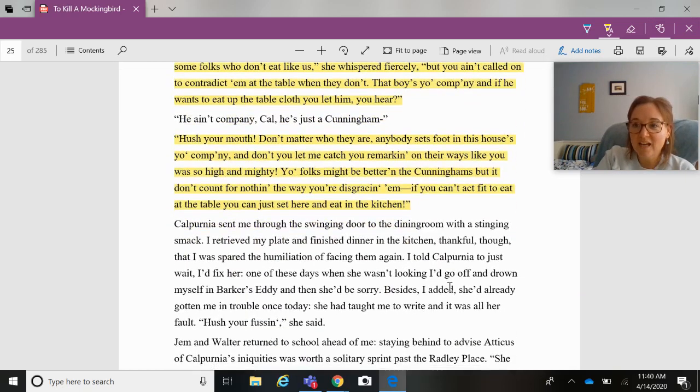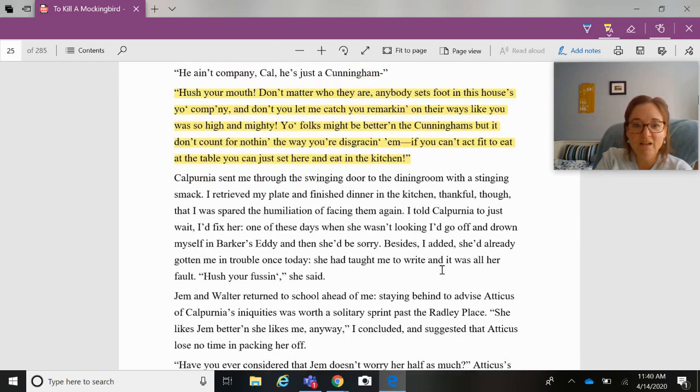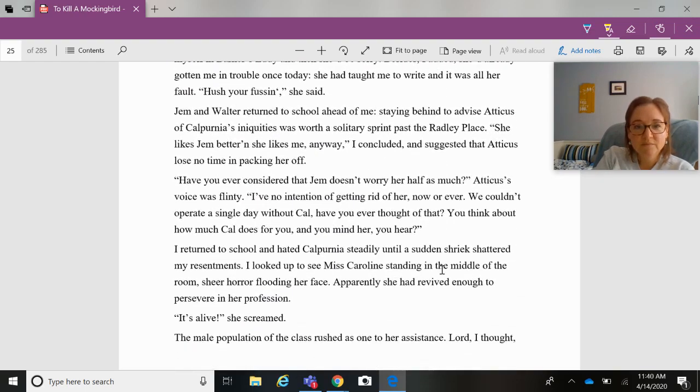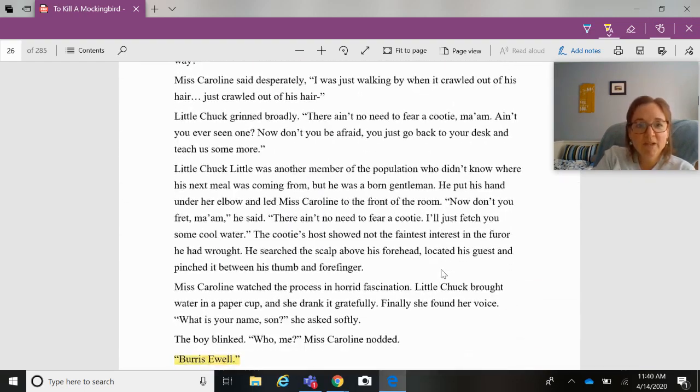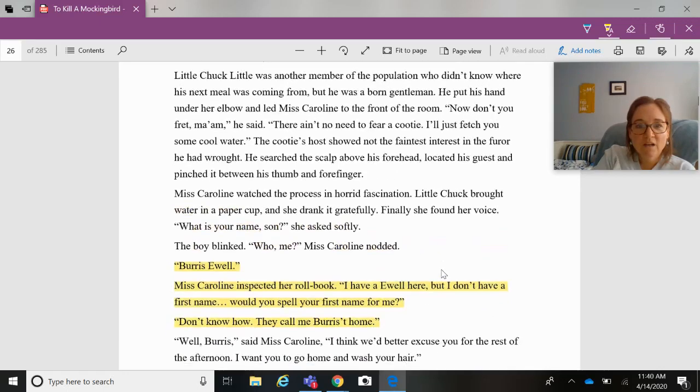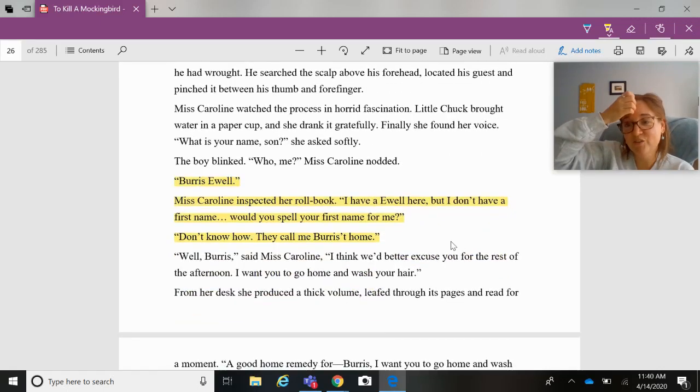So Calpurnia set Scout straight in regard to how she should behave when she's having company at her house. If somebody doesn't act the way that you expect them to, you just let them, like that is the polite thing to do in that situation, and to not call them out on it. And then I want to point out down here, she goes back to school, right? She goes back to school, and then she has another interaction with Miss Caroline, which she actually lets other people